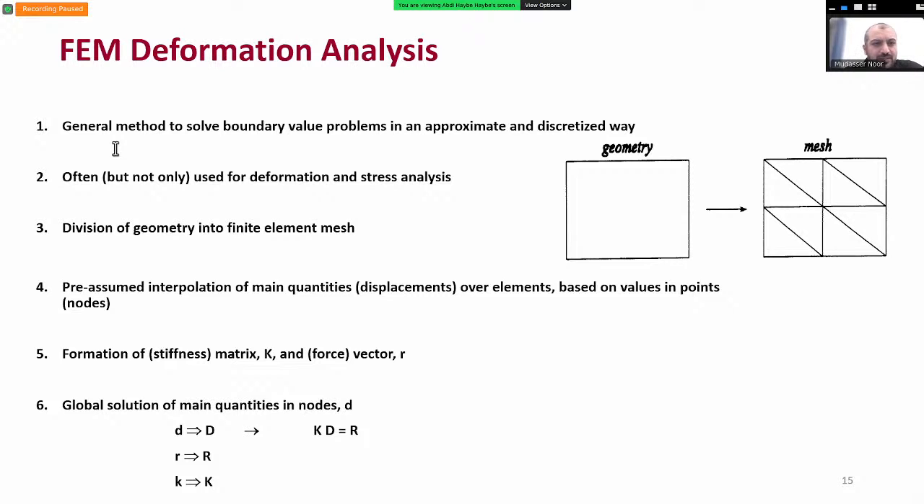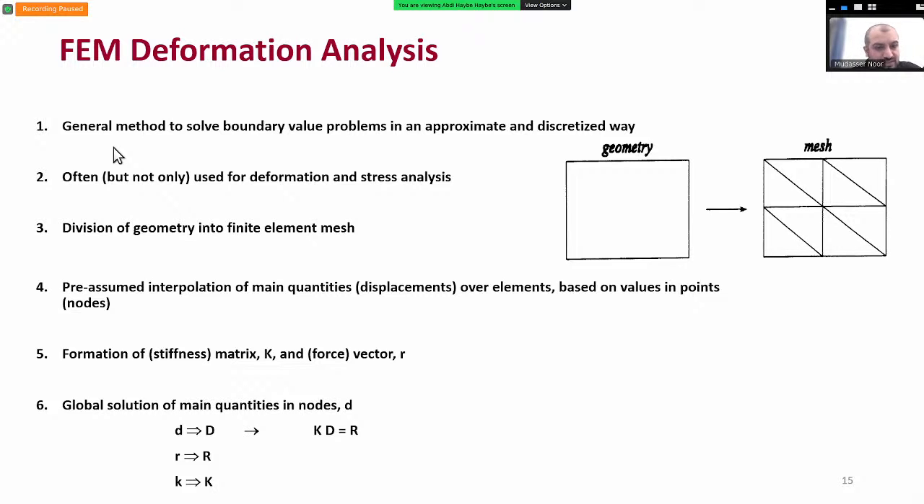So the finite element method usually exhibits the deformation analysis. The idea is to have boundary value problems, and you approximate those and discretize them into a smaller discretized mesh. The idea is to make sure that you have the geometry discretized in smaller components and smaller pieces, such as the mesh. The idea is to have the main quantities interpolated over the elements, and based on those value points,